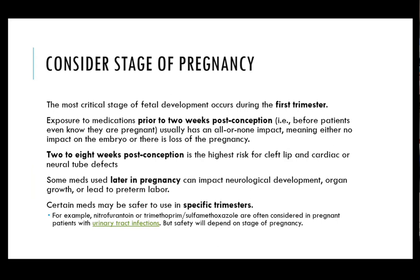So for the first strategy, considering the stage of pregnancy, we want to do this because different medications affect the mother and child at different trimesters. The most critical stage for fetal development occurs during the first trimester. Exposure to medications prior to 2 weeks post-conception